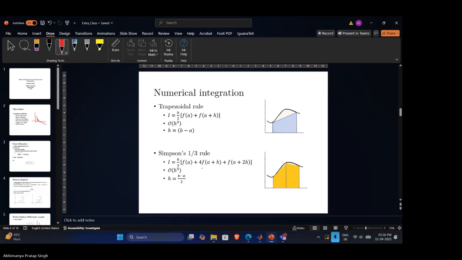So first we will look at, I'm not going through numerical differentiation because you guys already know that we have three rules, three different types: central